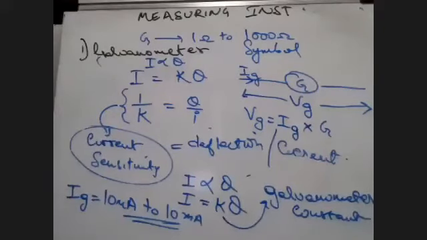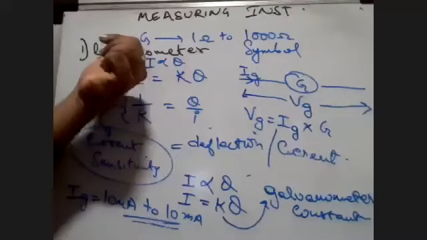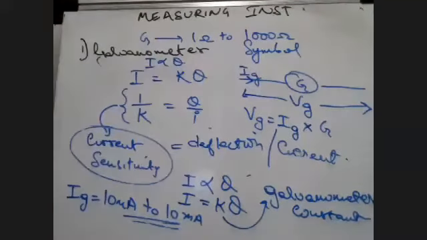Galvanometer, being a very sensitive instrument, can only measure a very small amount of current through it. It is used for measuring potential difference as well, but the drawback of the galvanometer is that it can only measure a very small amount of current, in the range of 10 microampere to 10 milliampere. It is not even 1 ampere, so it is that less. 10 milliamperes is very less, and the resistance of the galvanometer G is basically 1 ohm to 1000 ohms.